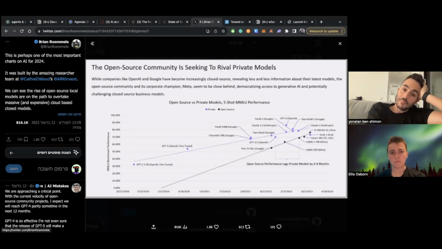But I feel, why don't we start with the problems? Wait, should we start with the problems or should we start with the state of the industry? The state's fine, and then we can delve into the current problems within it.